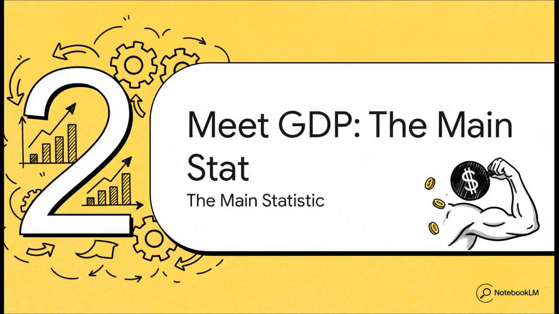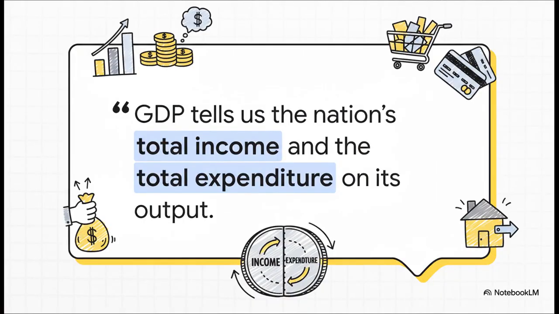So yeah, when it comes to economic stats, GDP is the big one. It's the undisputed heavyweight champion. It's the most important single number we have to get a snapshot of a country's economic health. And here's what's so clever about it. GDP measures 2 things at the exact same time. It measures the total income of everyone in the economy and the total amount spent on everything. How can it do that? Well, think about it. Every single dollar you spend is a dollar of income for somebody else. They're 2 sides of the very same coin.